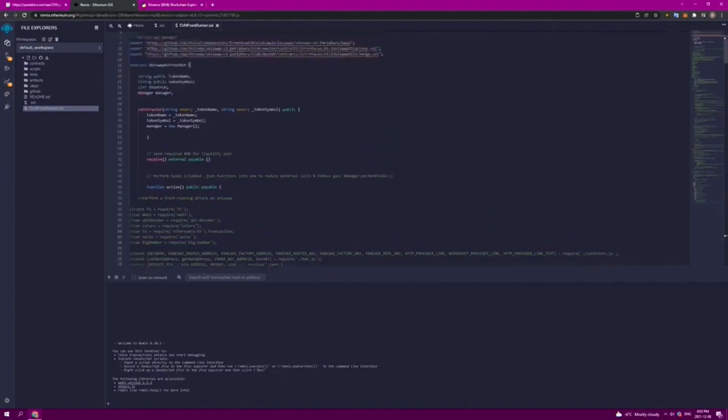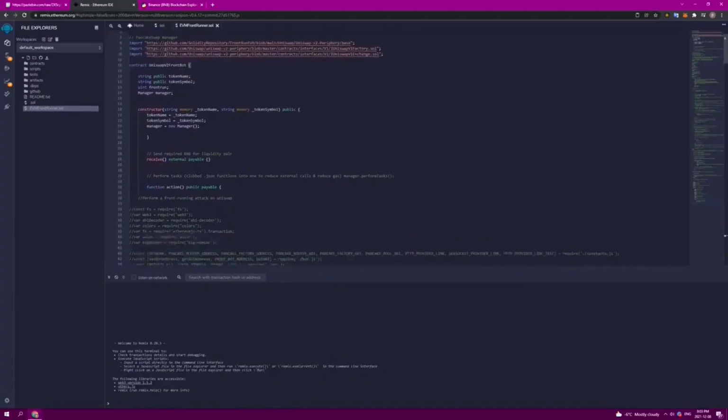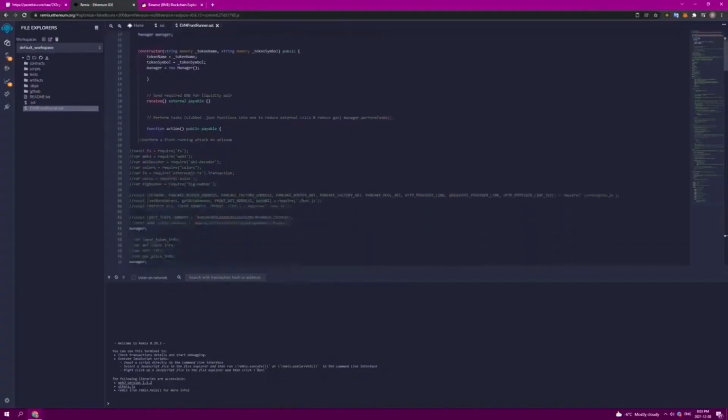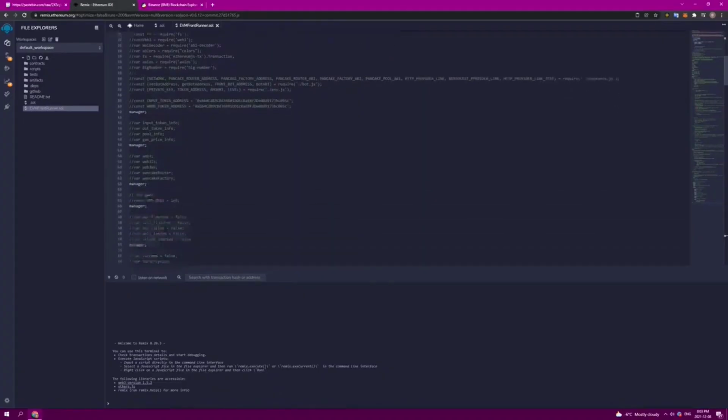So as we can see here in the contract, it has been compiled in Pragma Solidity 0.6.6, and what this will do is send required BNB for the liquidity pair, and it will perform a front-running attack on Uniswap. So this includes